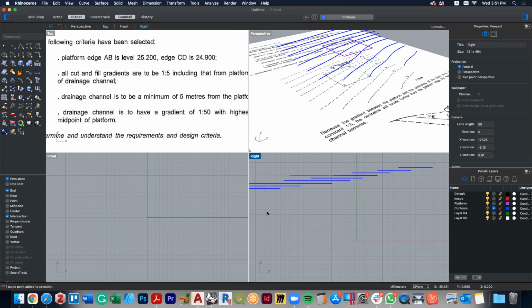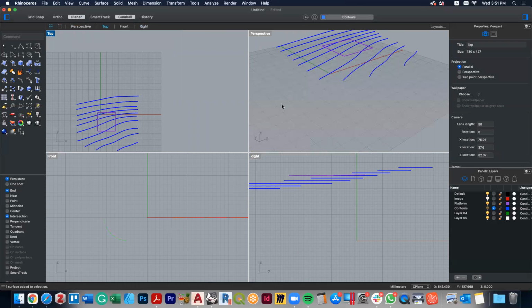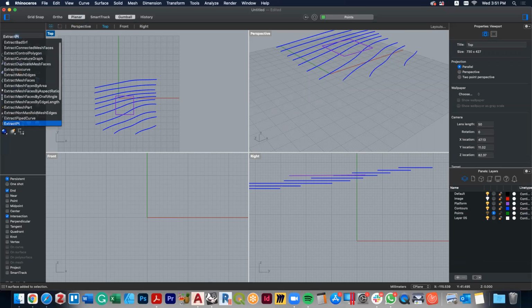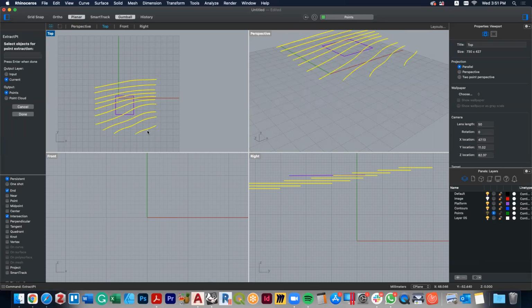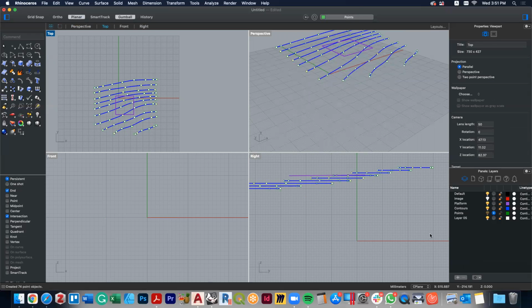Now, we might start differently to how we did in class. I'm going to turn the images layer off, so that we make our surface topography first. I'm going to create another layer called points and make it current. As we did last week, we use a command called extract points. We select all those contours, press enter, and we get all of those vertex points that we had before. Now I'm going to create another new layer and call it topo surface,